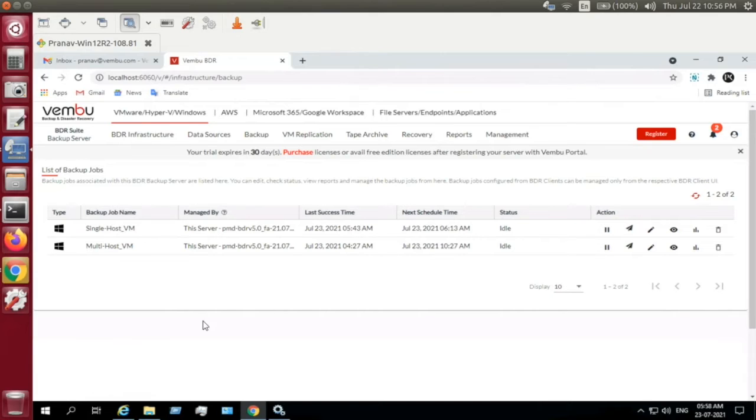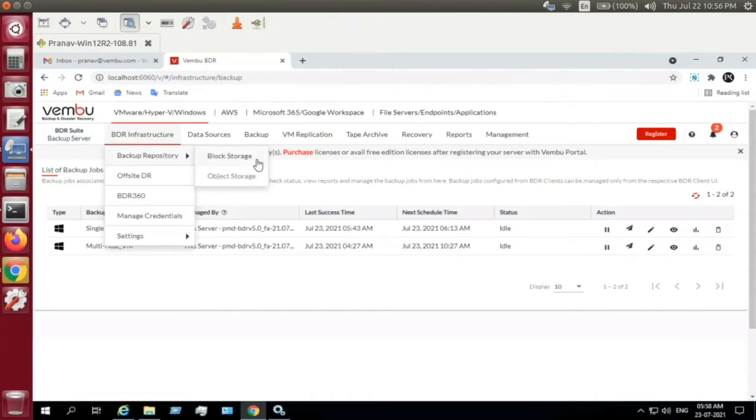So yeah, coming to the product. Initially, after your installation, you just need to log in using your username and password, that is admin and admin by default. Once you log in, immediately it will ask you to give a